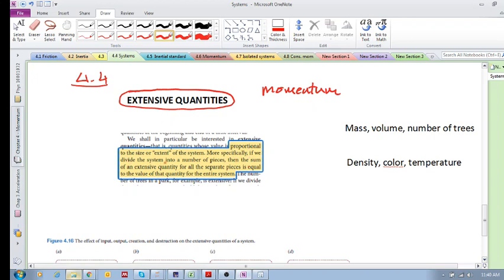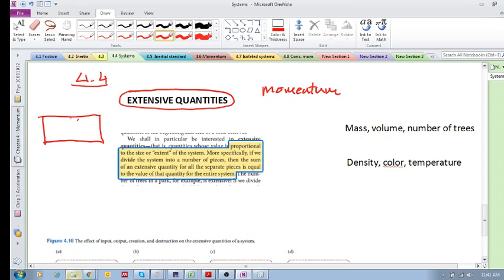If we divide the system into a number of pieces, then the sum of an extensive quantity for all the separate pieces is equal to the value of that quantity for the entire system. So, if that's your system, and if you add up a certain quantity for the entire system, you get a certain number,